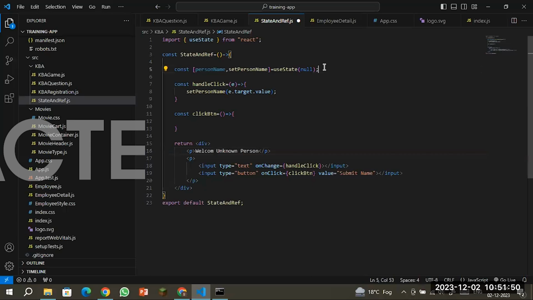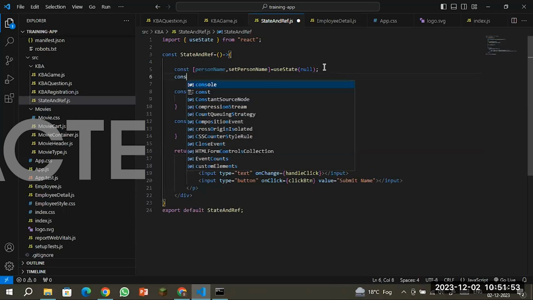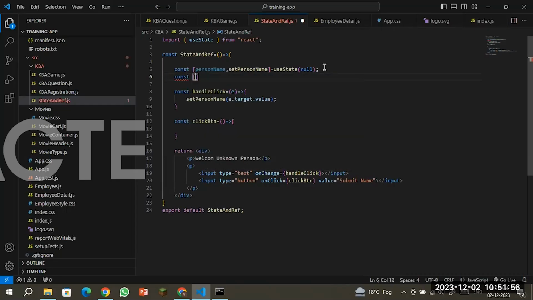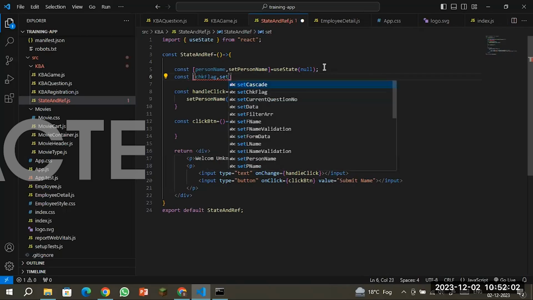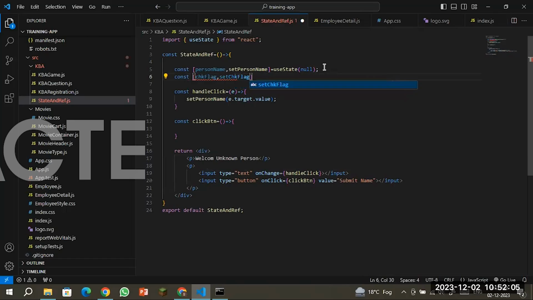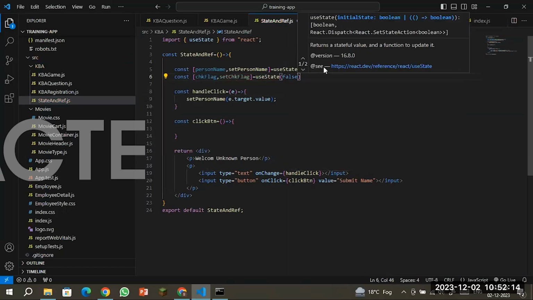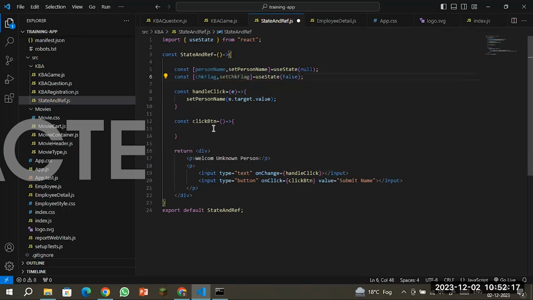I need to take a simple state variable again, checkFlag, setCheckFlag equals to useState. The initial value of that is false. On the button click event, we are going to set the checkFlag value as true. Okay,